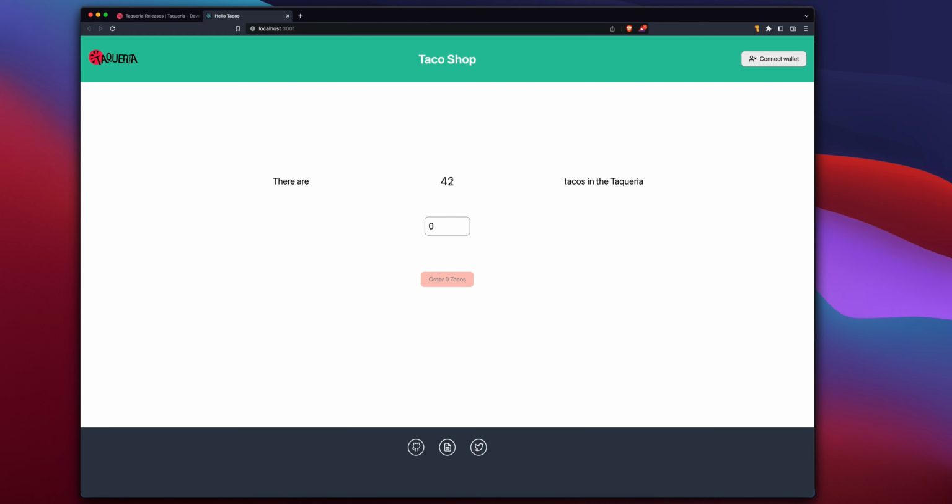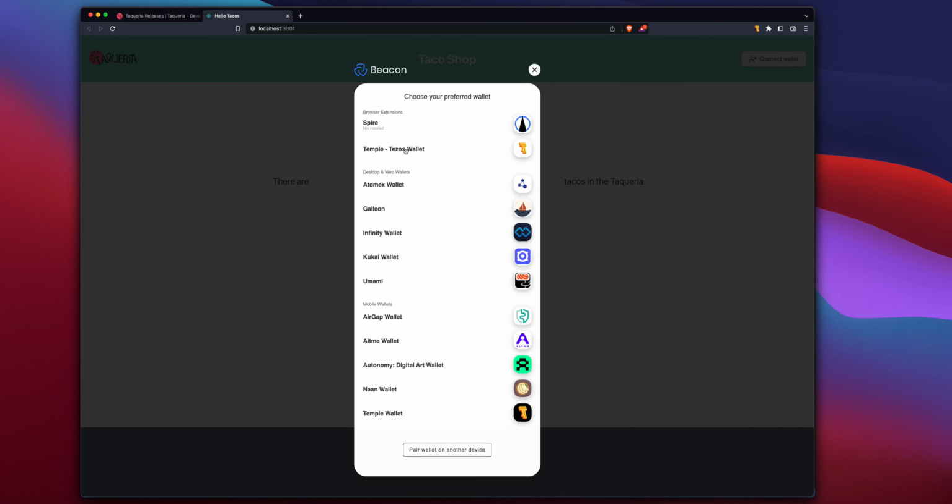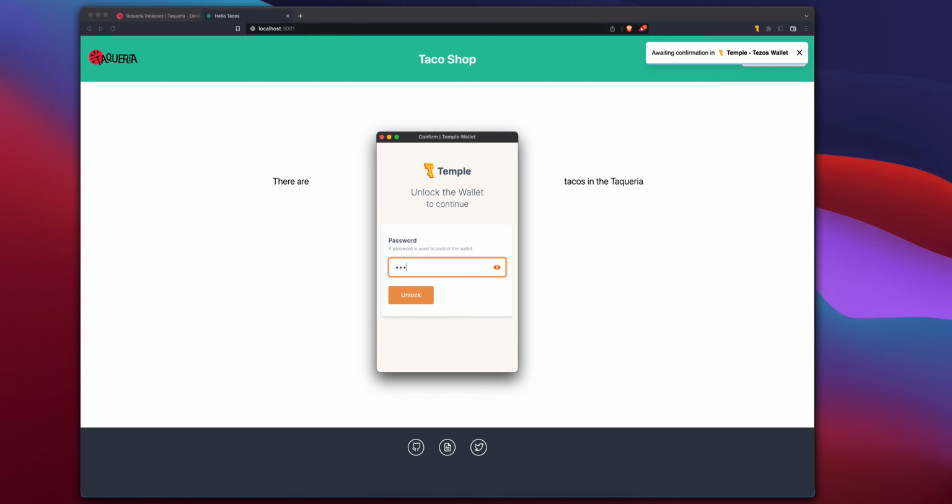It just shows you how many tacos are actually available in the taco shop or taqueria, and it provides an input box that allows you to specify how many tacos you would like and then order them. Now to do this, we will have to connect our wallet. So we'll go ahead and do that. We say that we want to use the Temple wallet,